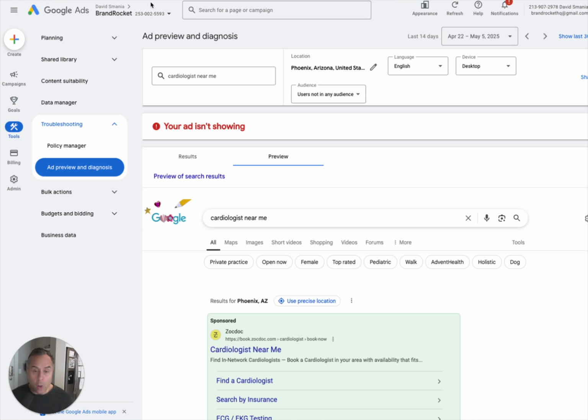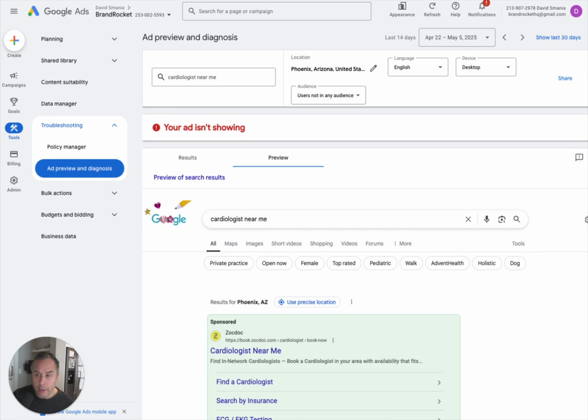Okay, so most of what you need, if not all of what you need, is actually at your disposal in the Google Ads account. They have full access to real data. It's on their platform, right? So you could use tools like SEMrush or SpyFu or any of the others, but those tools are usually looking at ISP data, not actual data out of Google. So I found that the best way to do this is actually just to go into Google Ads and use the tools that you have